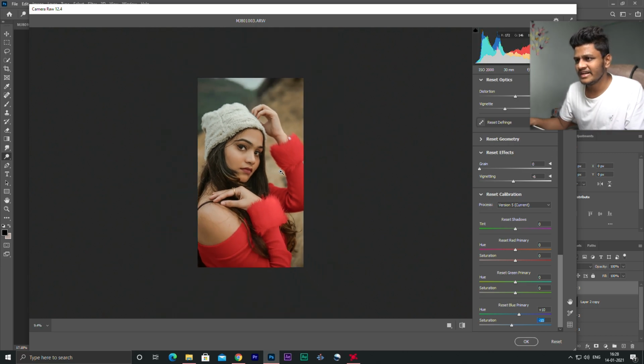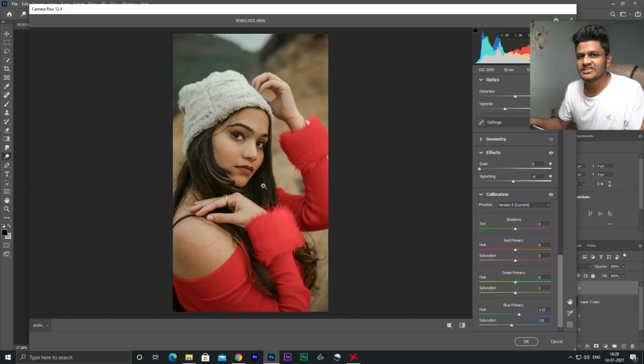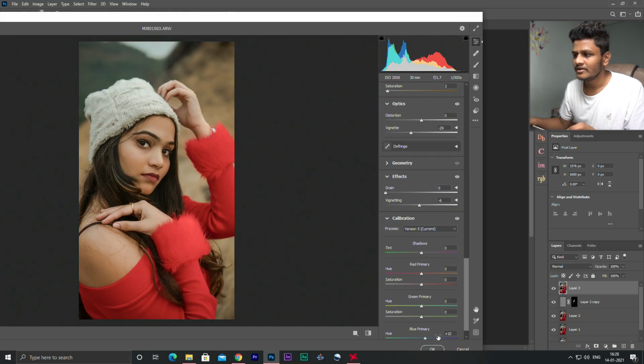So this is pretty much ready guys. If you want to see before and after, then you can do it from here. You can have different light conditions than mine. Obviously this photo is not very ideal because I am not very good at shooting portraits, and also the lighting conditions were very poor at that time. So you can achieve better results than this, and you can now hit OK.